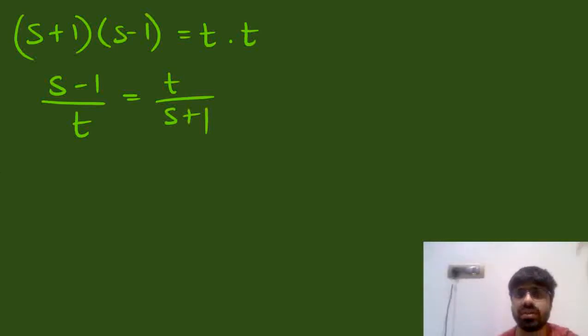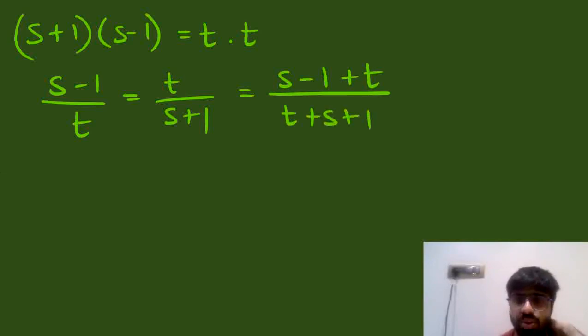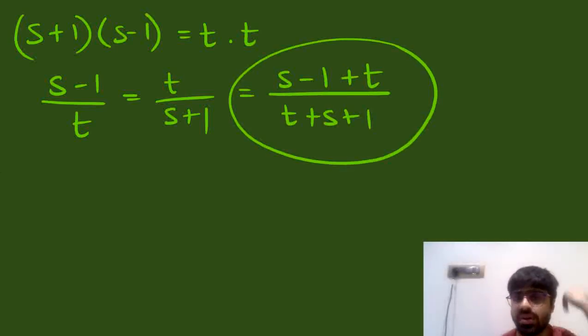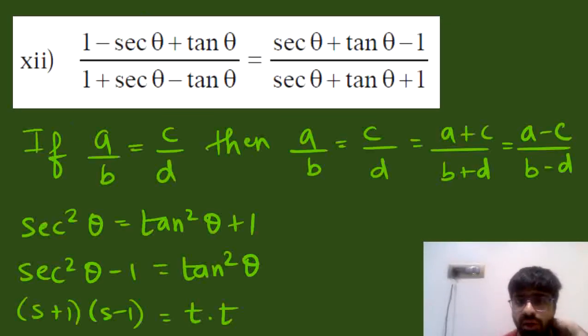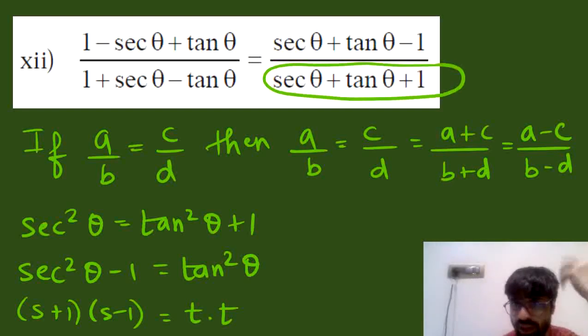And now we are using the theorem on equal ratios, that is, we can add up the terms horizontally. So this will be equal to sec theta minus 1 plus tan theta upon tan theta plus sec theta plus 1. Do we have one of the terms that we require in our expression? Check this properly. We have in the denominator tan plus sec plus 1. Tan plus sec plus 1 is right here in the denominator. So we do have it.